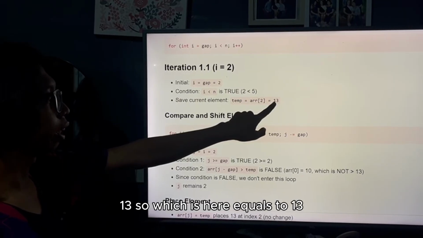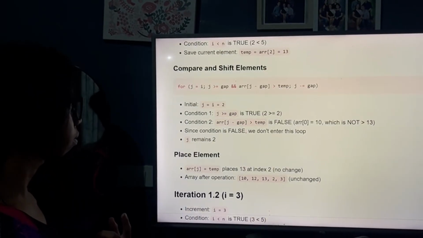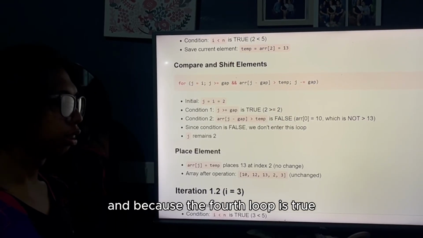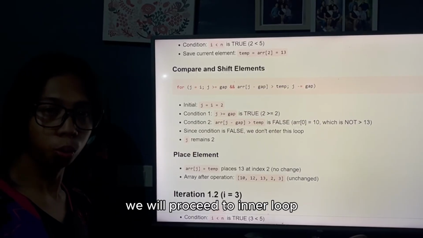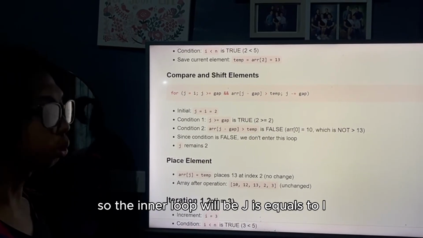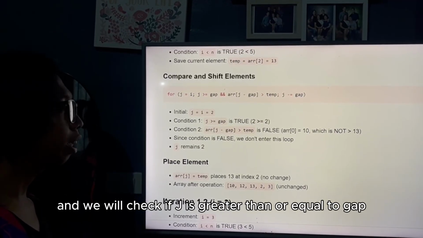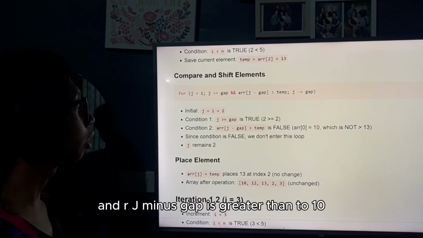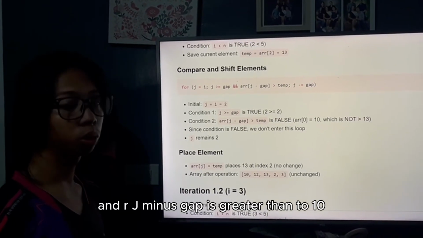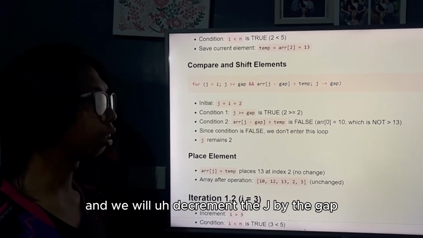13, so which is here, equals 13. So the temp will now equal 13. And because the for loop condition is true, we will proceed to the inner loop. The inner loop will be j equals i, and we will check if j is greater than or equal to gap, and arr[j - gap] is greater than temp, and we will decrement j by